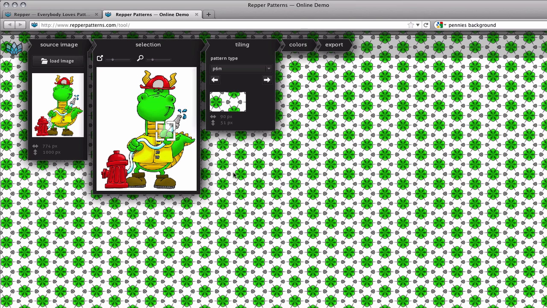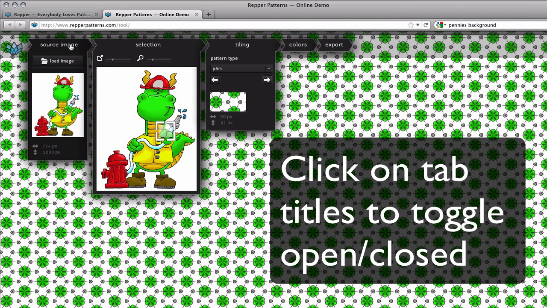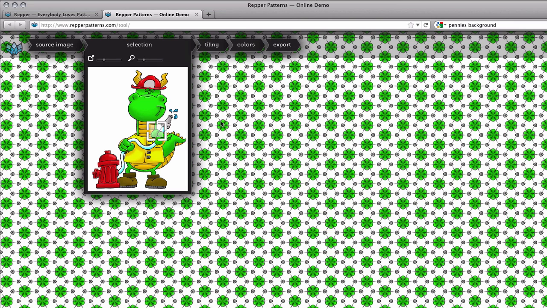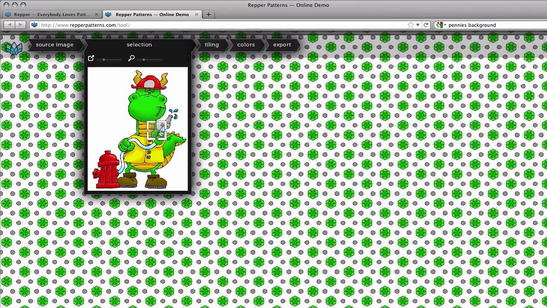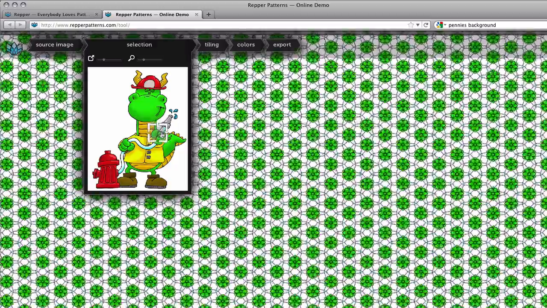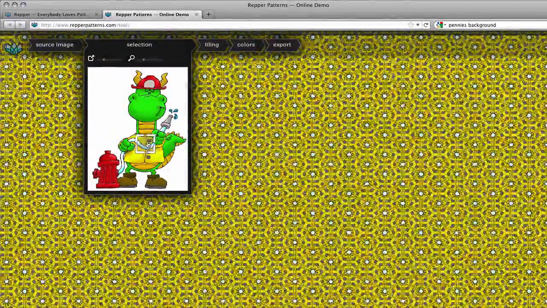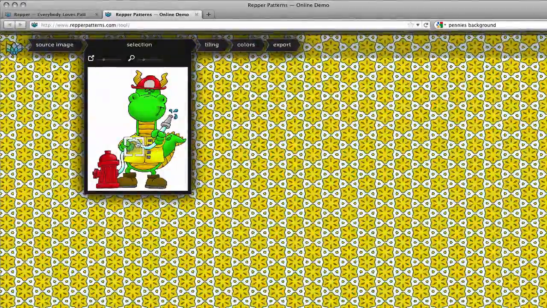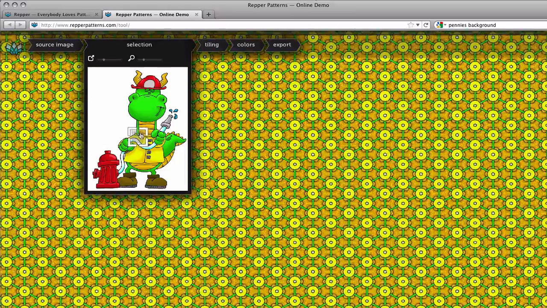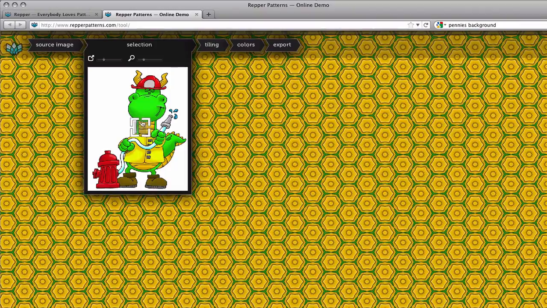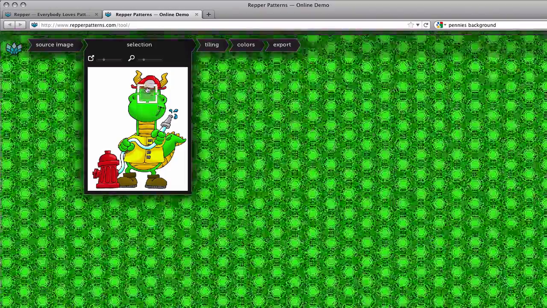Because we've sized this down to a percentage, and these will close if you want them out of the way, this background is going to show what the print will look like, because we're viewing it at a reduced size. That's what's really cool about this, we're actually seeing what the pattern's going to look like printed. So we can move this around depending on what we're looking for. We can make some lizard skin here, or we can go up here to where there's red and green